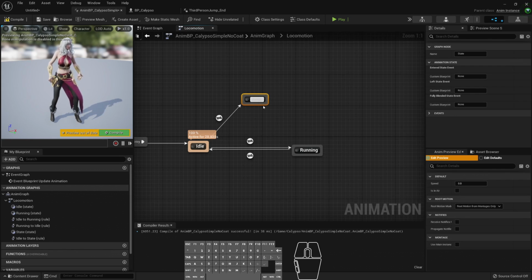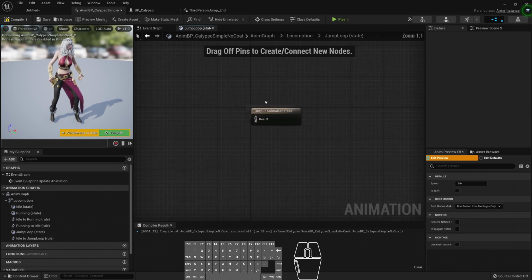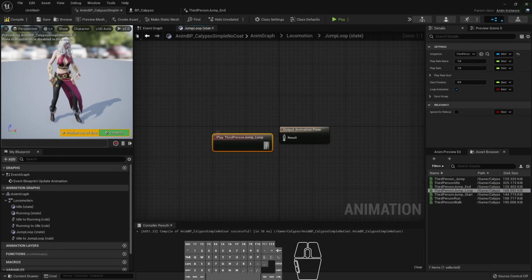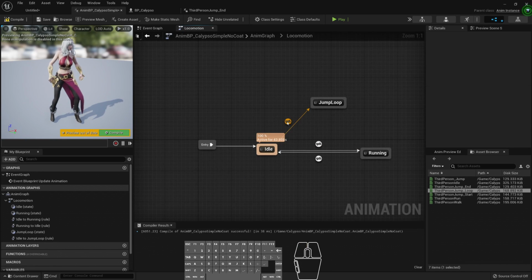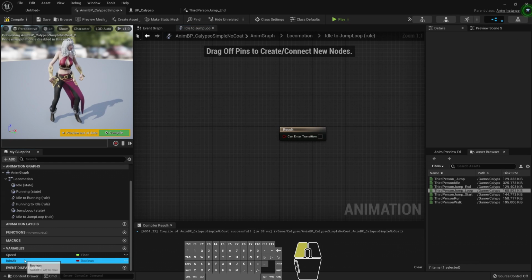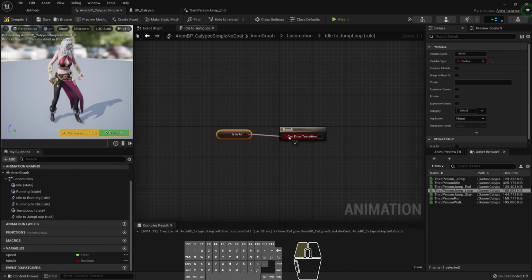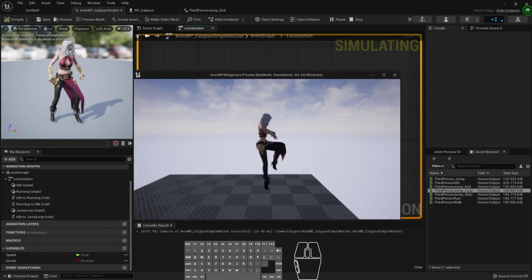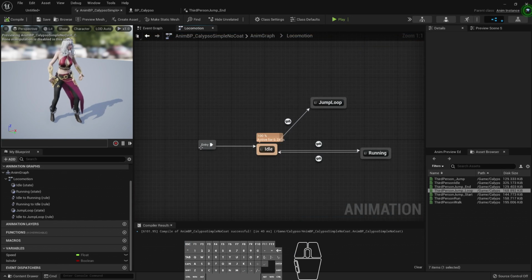Jump. And I will use the looping animation, so let's call it jump loop. Double click it, set up the loop animation. Let's connect it here, locomotion, and we need to set up the rule. We already know is in air. If it's true, then it should go. Let's test it. Right, and we didn't set up how to go back here, right? So let's